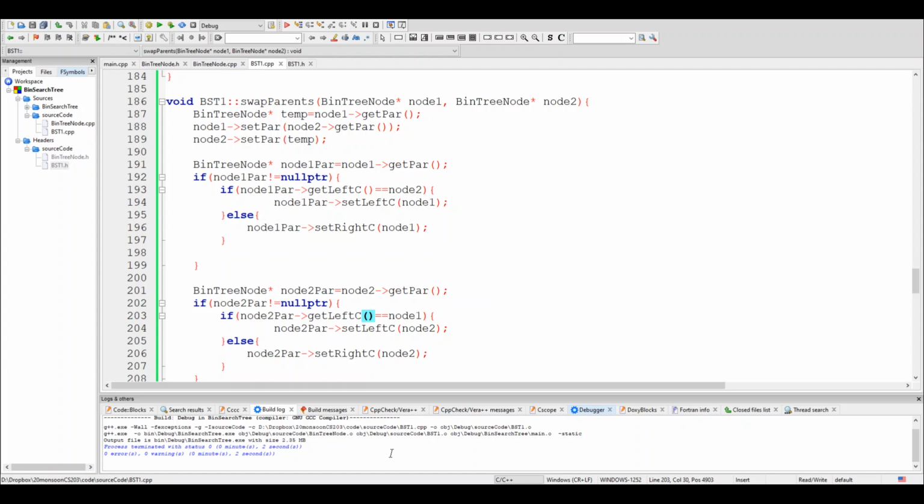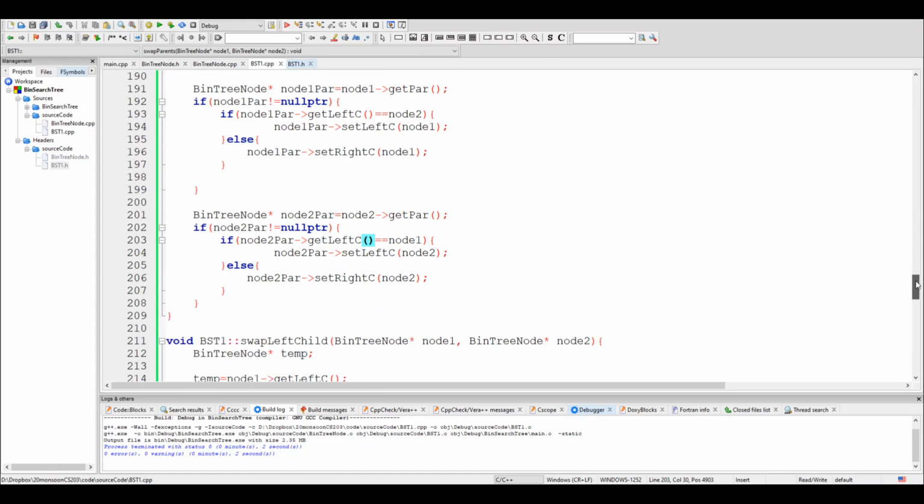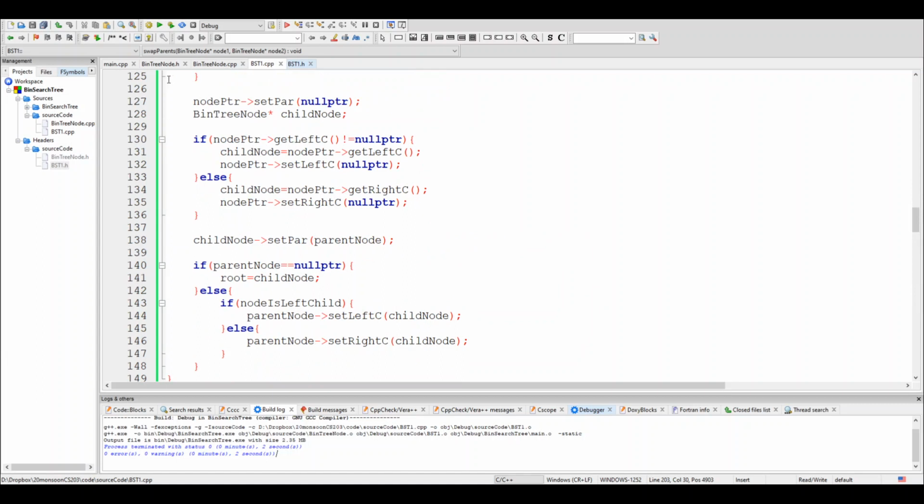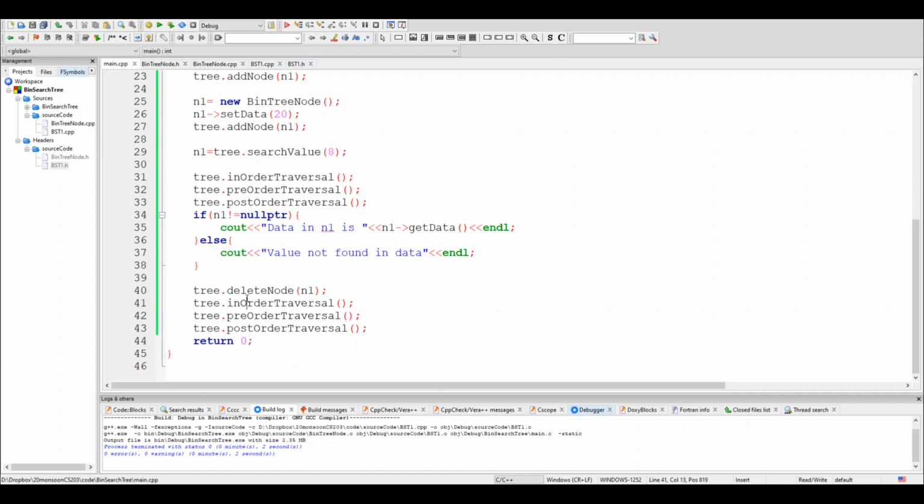Then what is the next issue? That takes care of at least the compilation issues, but we are not sure about the correctness. So let's go to our example. Now instead of searching for 8, let's search for 10, because 10 is a node that has 2 children, right?